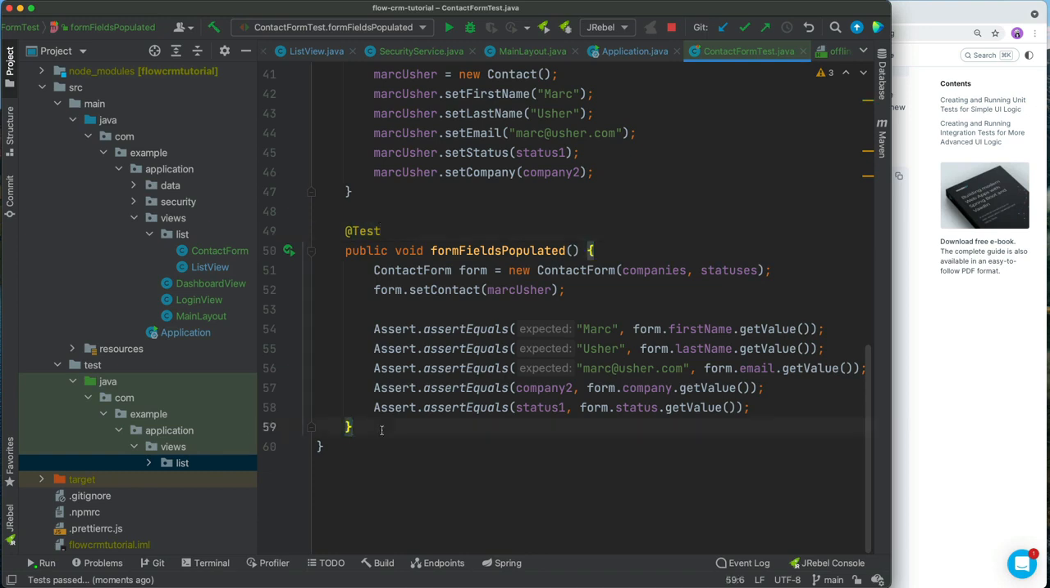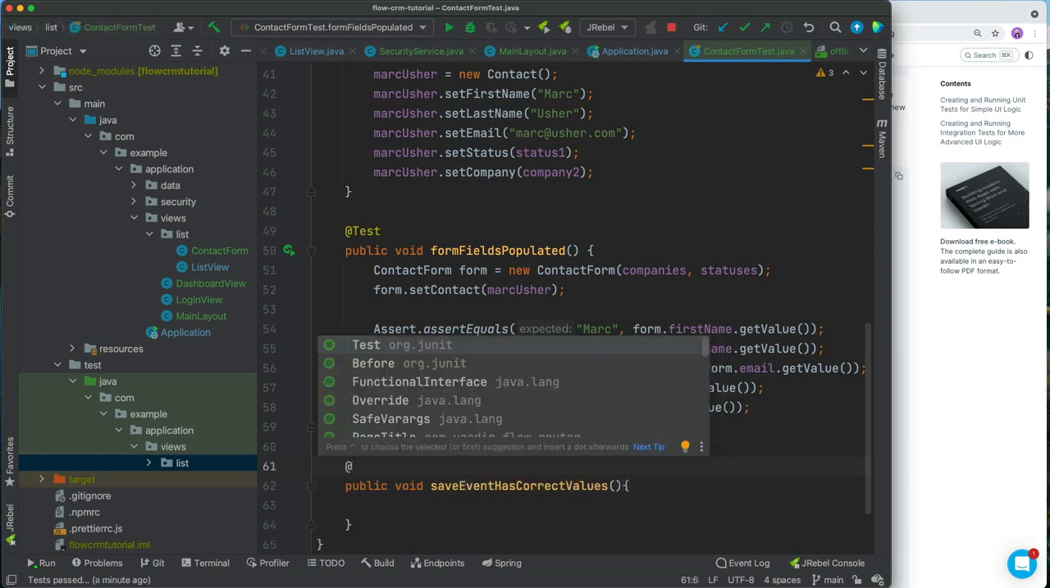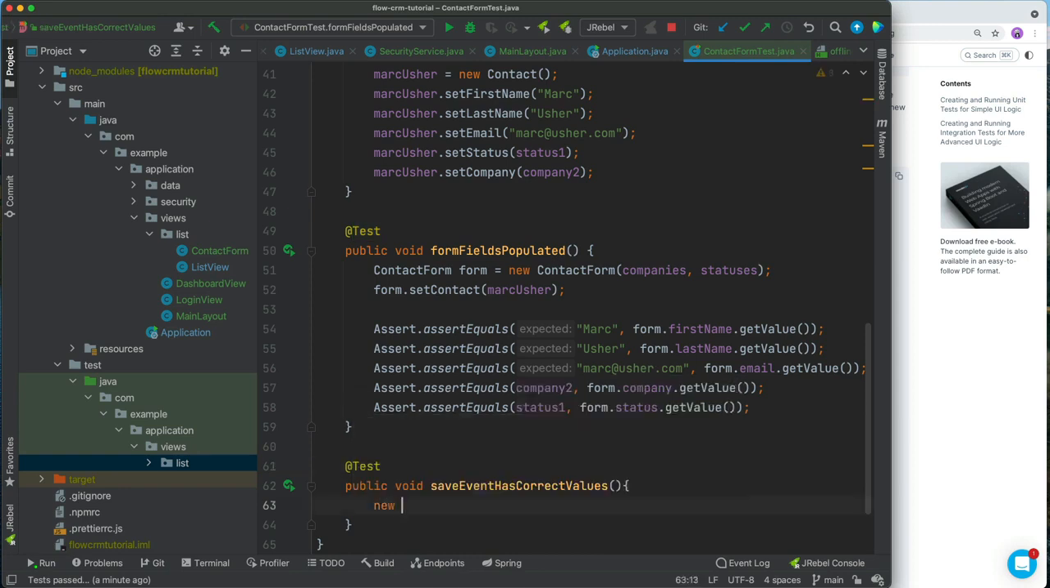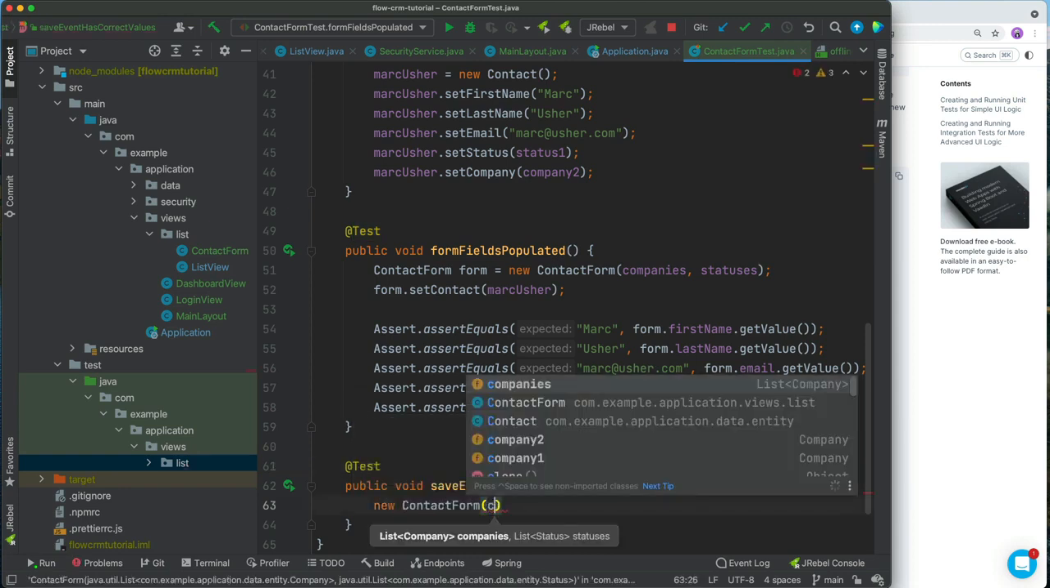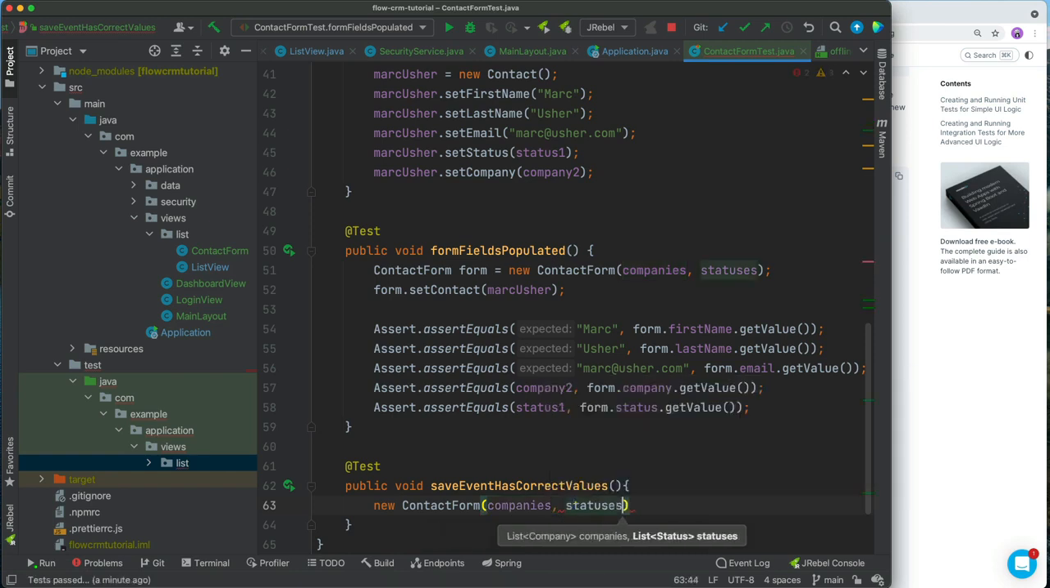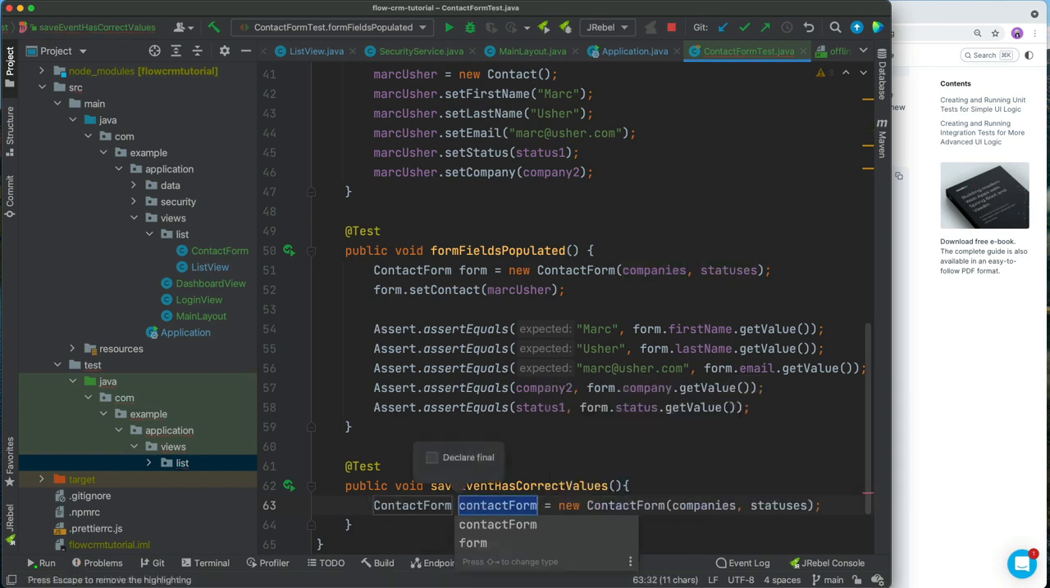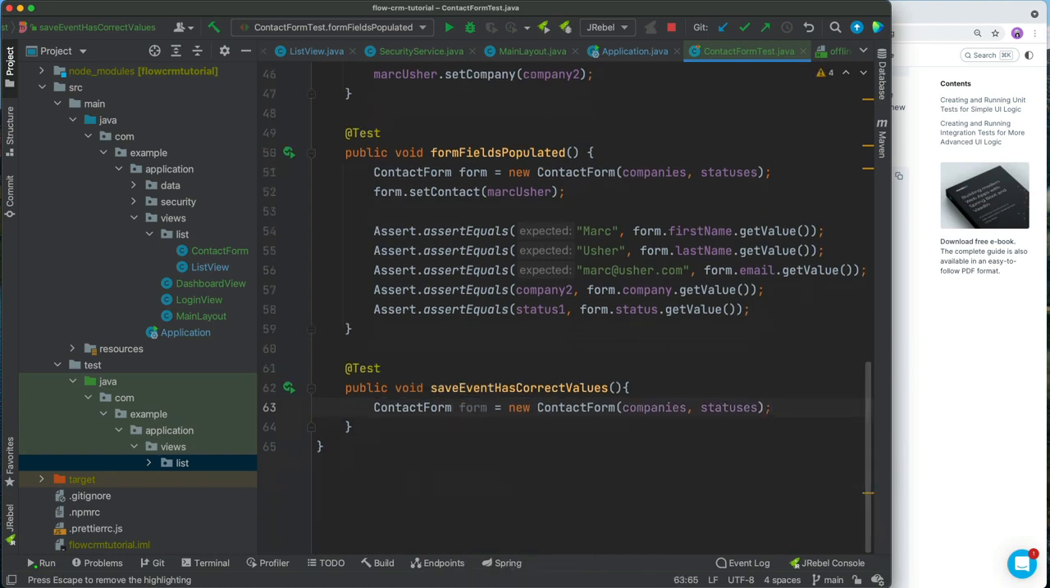Let's create another test that tests that we get the right values when we modify something and save it. So for that, let's create a new method again. All right, and we're going to annotate this with a test annotation as well. So again, let's create a new contact form, pass in the companies and the statuses, pull this into a variable called form, and then let's create a new contact. We'll call this contact,